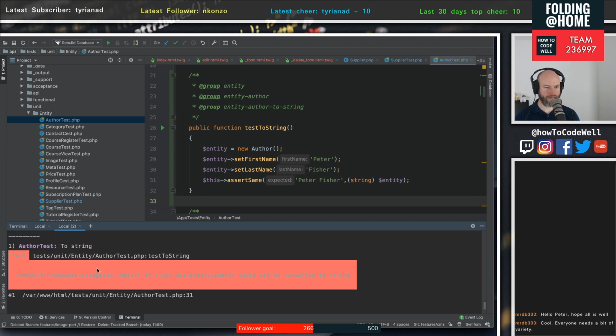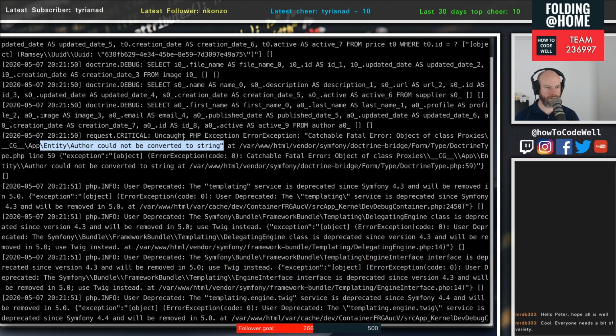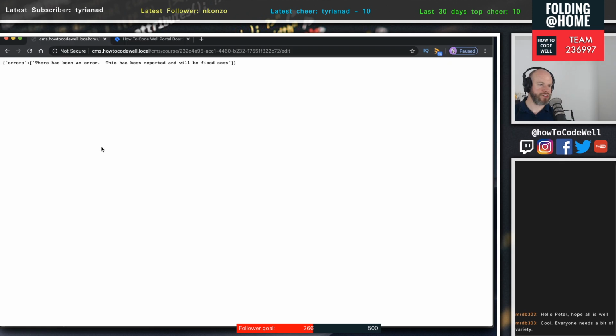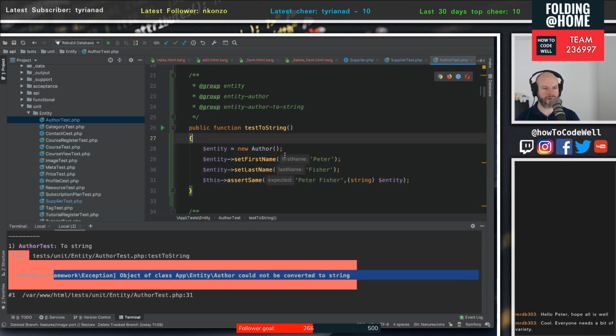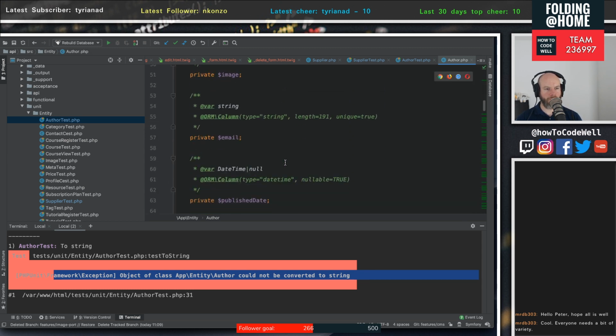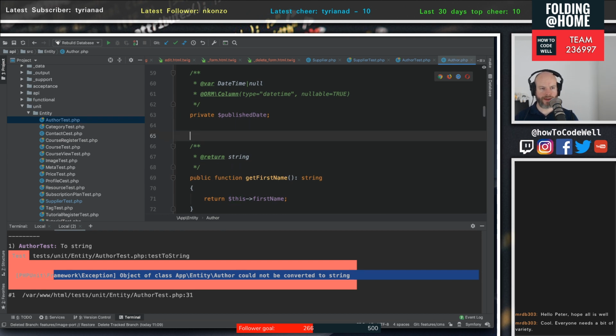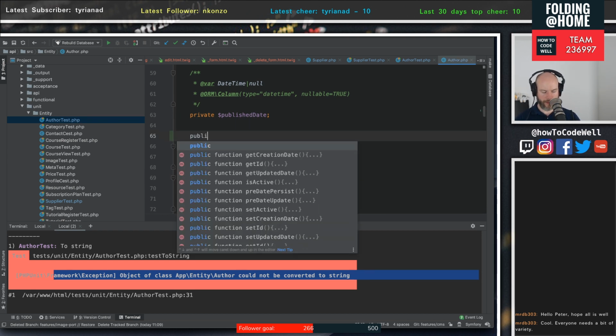So this is failing because author could not be converted to a string. So yeah, same issue as we've got in here, could not be converted to a string. So I'm kind of confident that this is the right thing to do. So let's go into author. Now it needs to be first name and last name, doesn't it? So let's go down to here and then do a public function